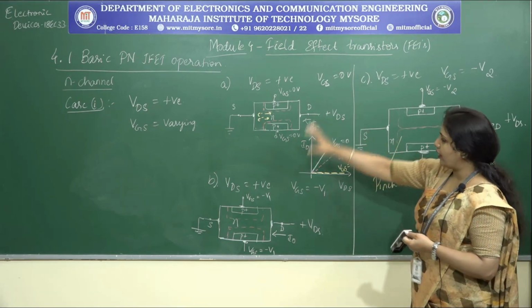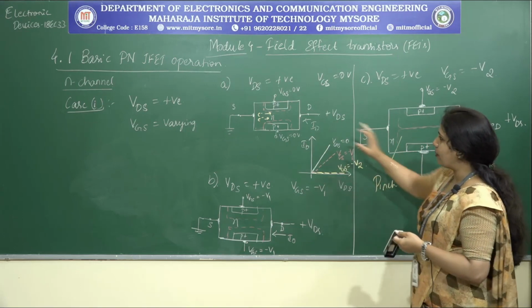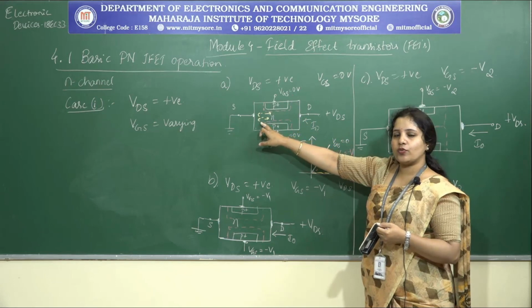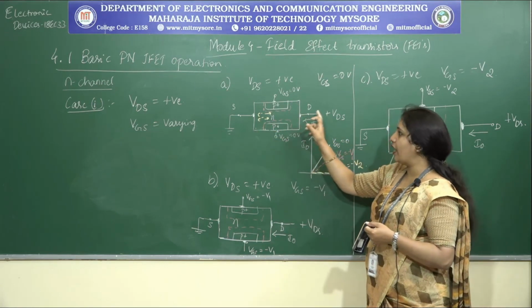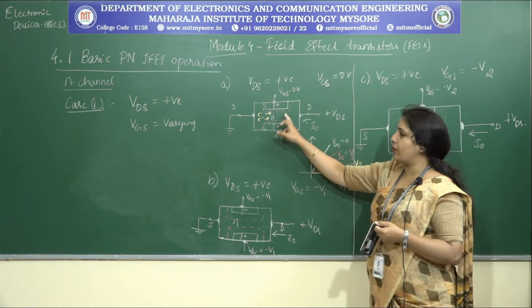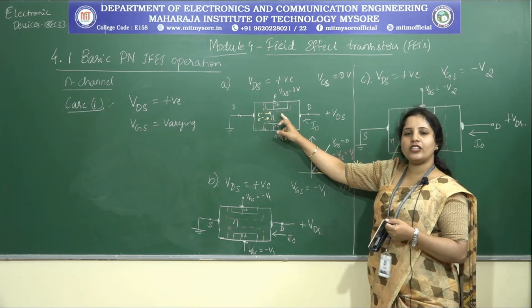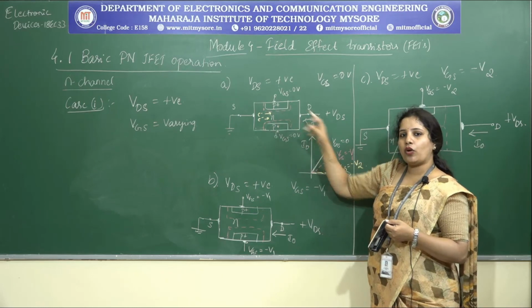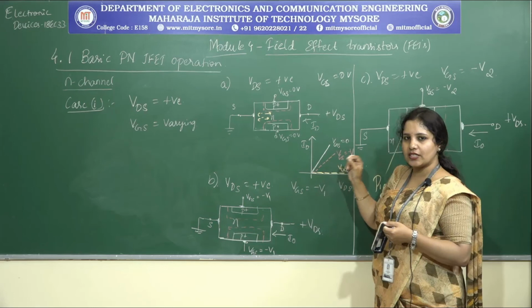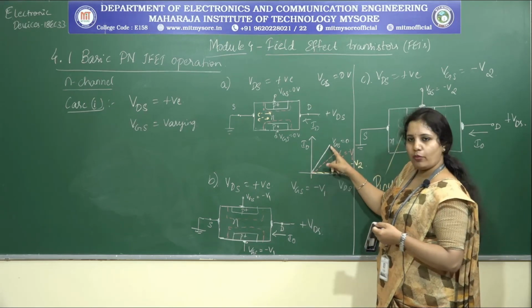As of now, you remember under these three cases what is happening. When my VGS is equal to 0, a certain amount of electrons get drifted from the source to drain. As a result, an ID current starts flowing in the device, and the channel is behaving just like a resistor. As a result, the characteristics that I get are just like resistive characteristics, which are linear in nature, and that is what I plotted.